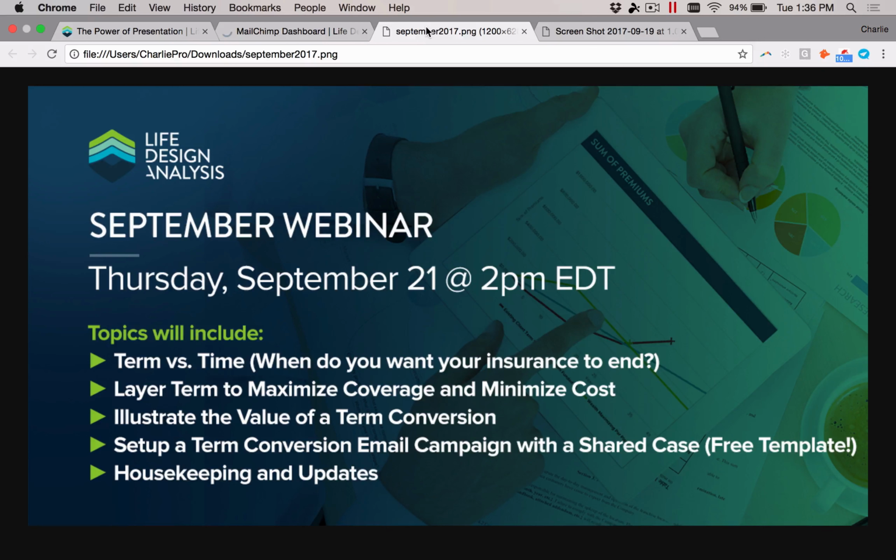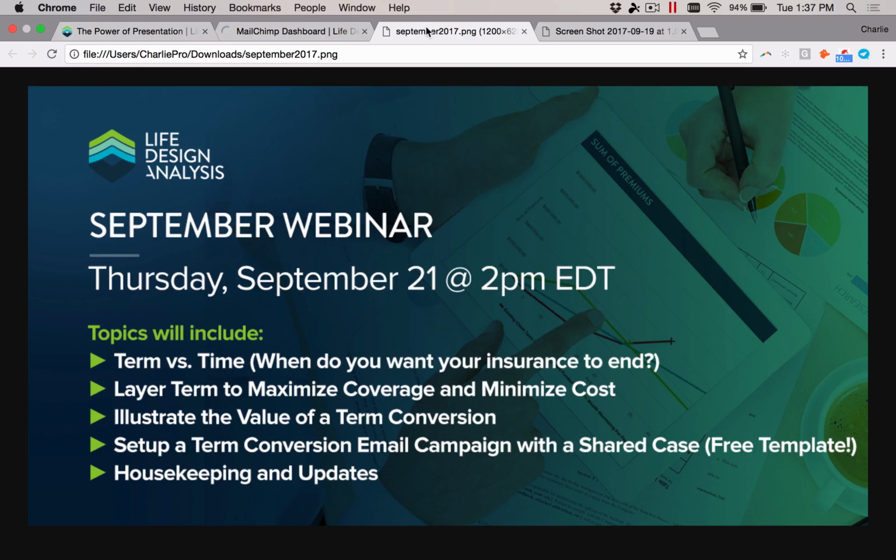The next concept we're going to focus on is similar, around layering term over time. We're going to show you how to maximize coverage and minimize cost. This is really a solution for clients, and maybe a majority of clients, who have changing needs over the time they're going to hold the insurance. We're going to make a layered plan, but instead of using any whole life or participating insurance, we're going to layer term products and see how affordable we can get this coverage, because cash flow is obviously an issue for a big segment of clients out there.